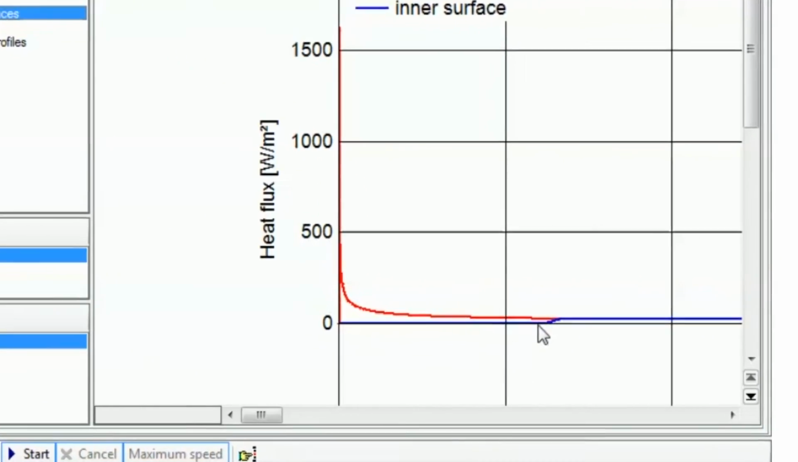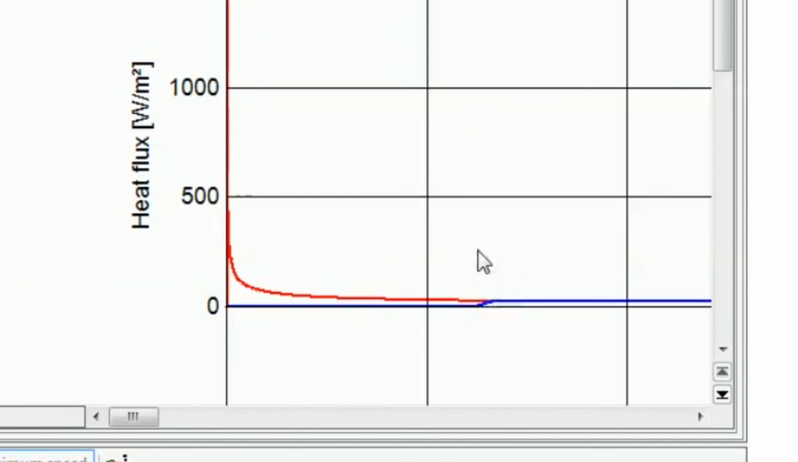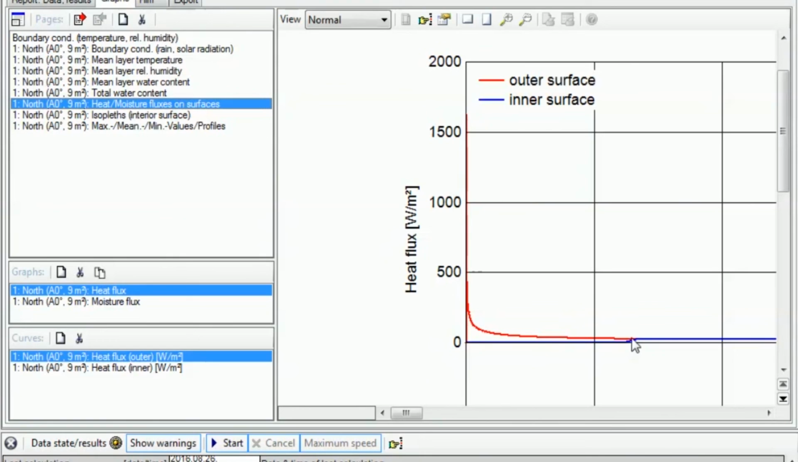Well, at this point, you see, the matter has melted, and there is a sudden jump in inner surface heat flux, and the heat is starting to flow out of the inner